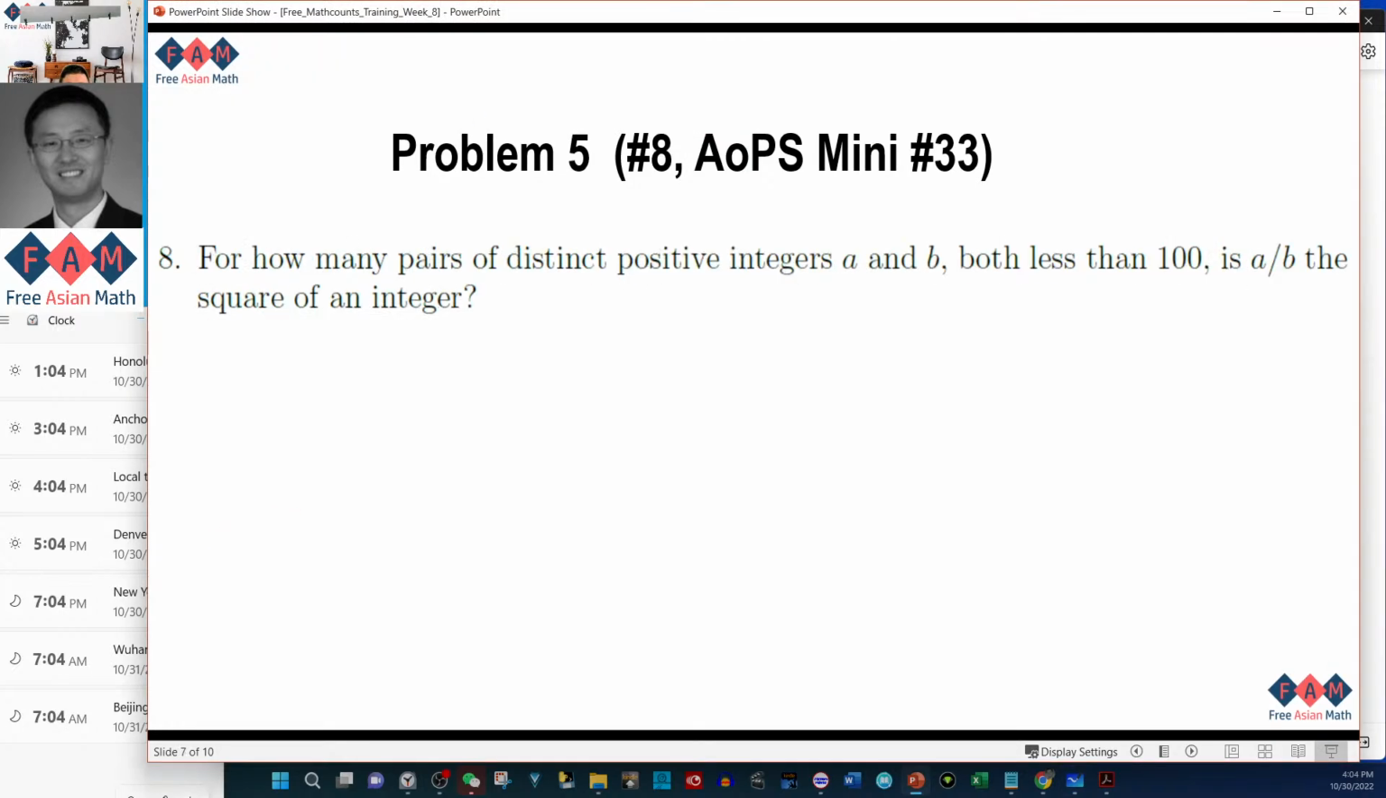All right. So, how many pairs of distinct positive integers, a and b, both less than 100, are there such that a over b is the square of an integer? Okay, that sounds a little bit more interesting. What does that mean? Well, you want to figure out how many pairs